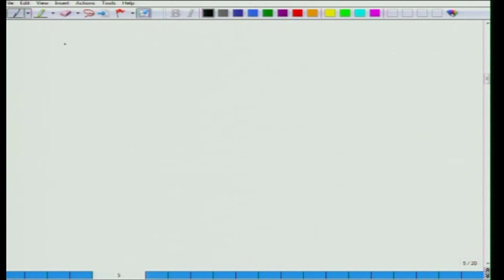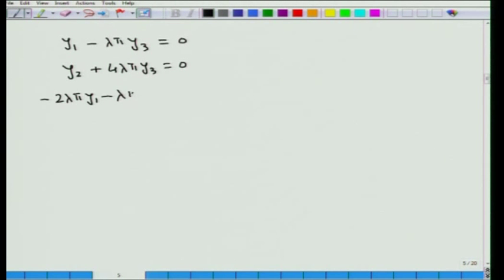So, finally, we can write down the system of equations as y 1 minus lambda pi y 3 equal to 0, then y 2 plus 4 lambda pi y 3 equal to 0, and